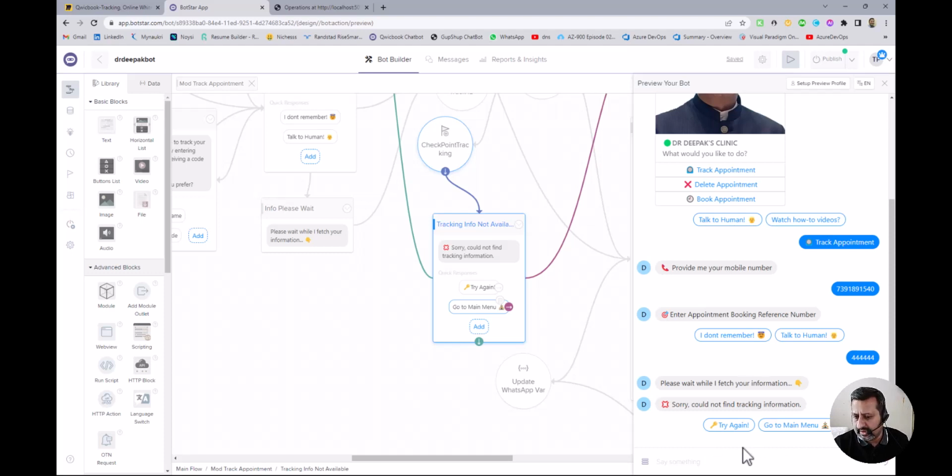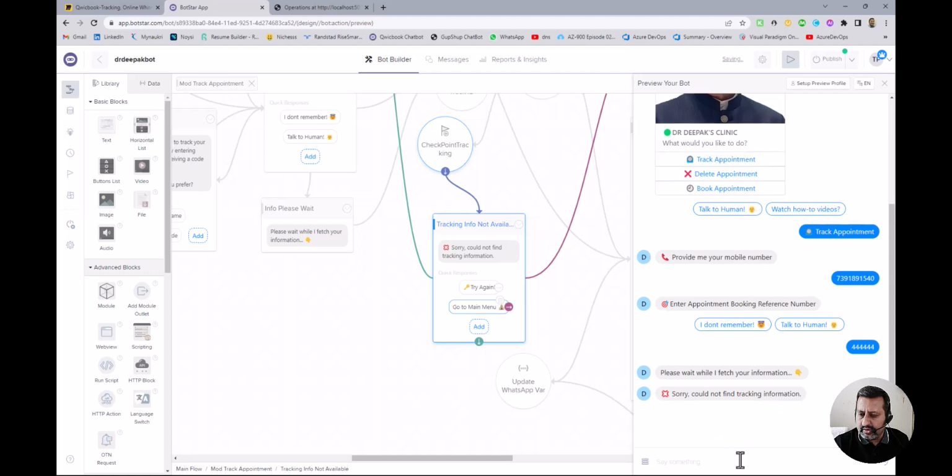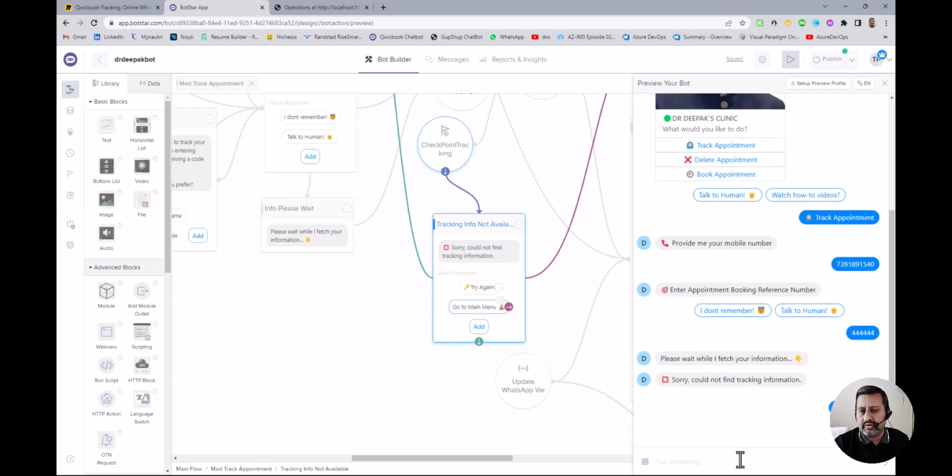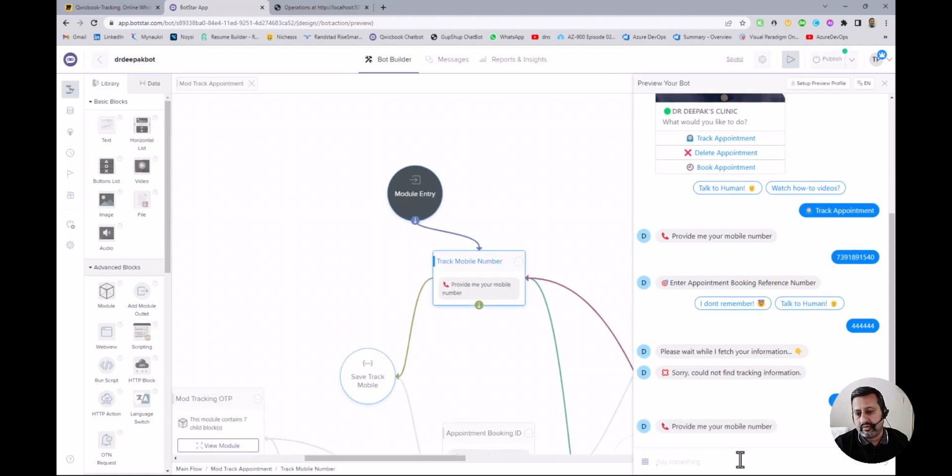So let's try again, right? You already have a try again button. This is what we have designed, just in case the user wants to go back and try again, because there's a possibility that the user might have entered the information wrong. So we are providing this option so that they do not have to start the entire process again. Now in this case, we are going to enter the correct information,